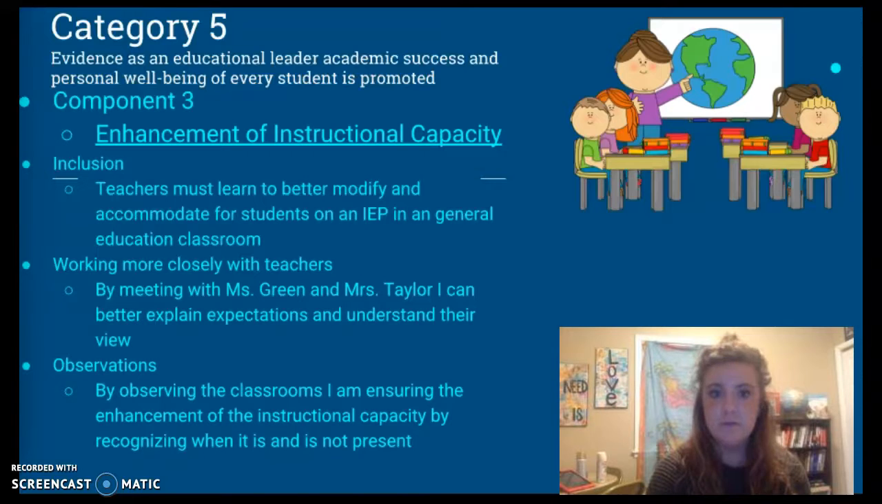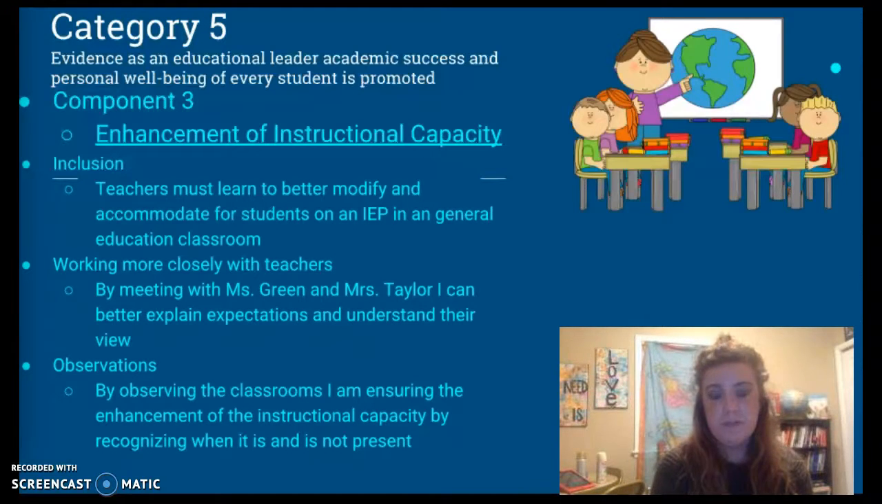And the third component, category 5, the enhancement of instructional capacity. First, I will do this with inclusion. Teachers must learn to better modify and accommodate for students on an IEP in a general education classroom. Next, I will work more closely with my teachers. By meeting with Mrs. Green and Mrs. Taylor, I can better explain the expectations and understand their views, and just build better relationships with them and be more present. And finally, by having observations, by observing the students, by observing the teachers, I will enhance instructional capacity